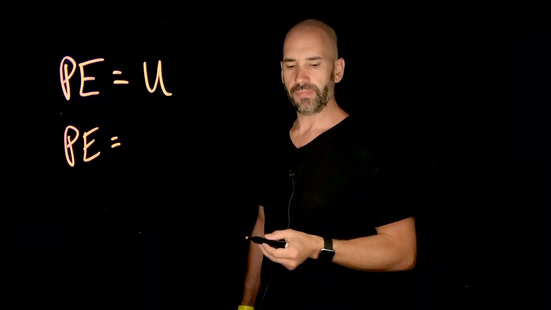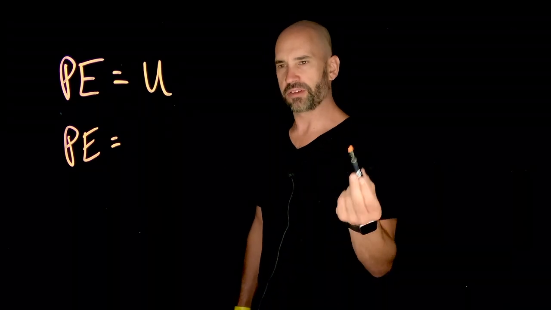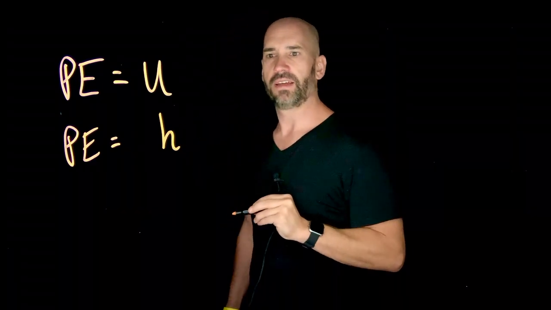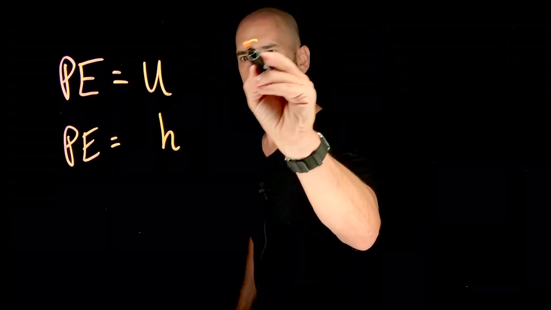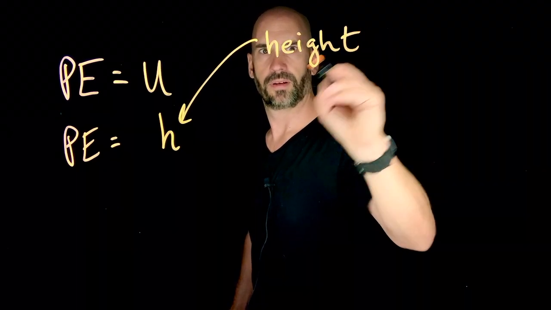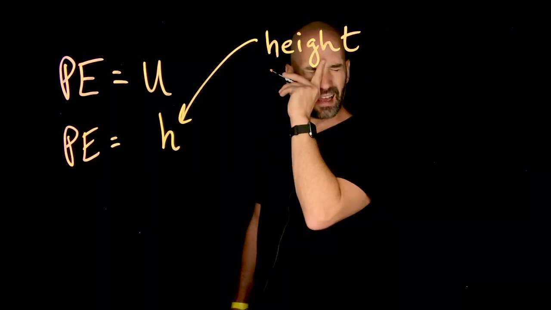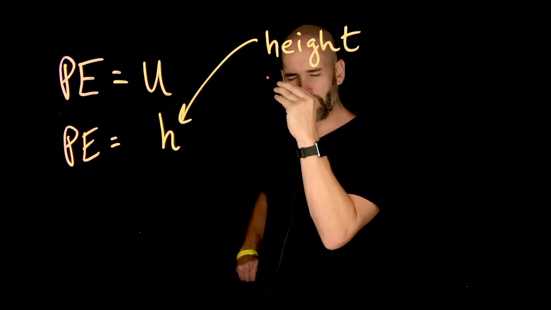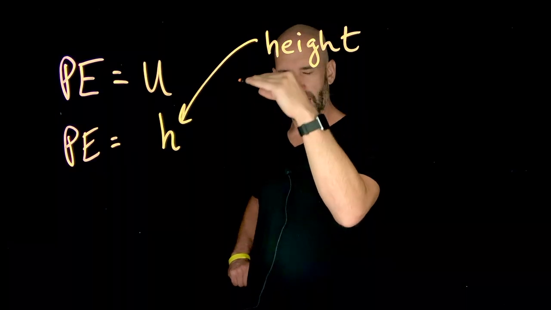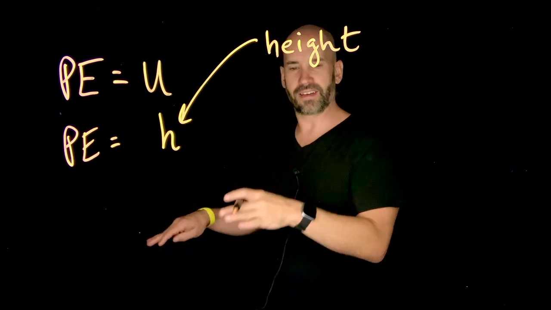Well, you might think, well, the higher I am, the more potential energy I'm going to have. And you would be correct. So the height of an object, h, is something that potential energy depends on. Okay. What else does potential energy depend on? Well, I would have to say that if I were on Mount Everest on Earth compared to something like Mount Everest on the moon, I'd have more potential energy on the Earth, because on the moon, I would just lollygag down to the ground, right?